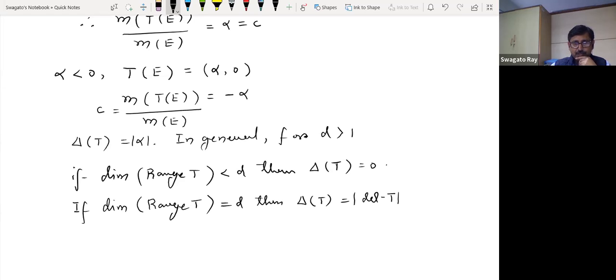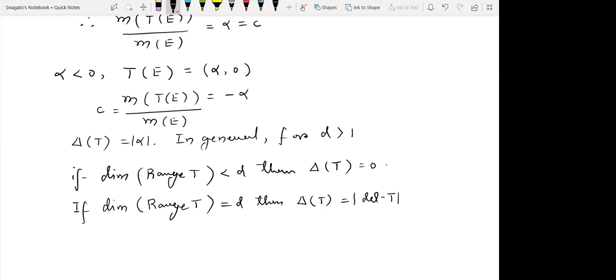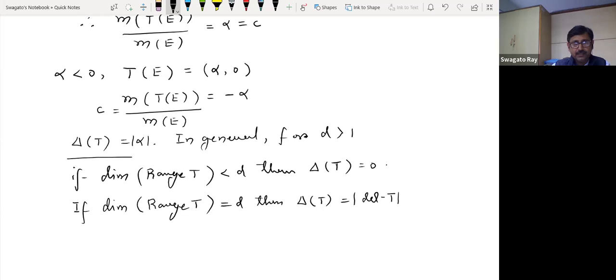If your Tx equals alpha x, the determinant is the product of the eigenvalues. So it will be mod alpha. This is exactly what has happened. This is the one-dimensional case. In higher dimension, it is slightly difficult to prove. Okay. Now, this completes the